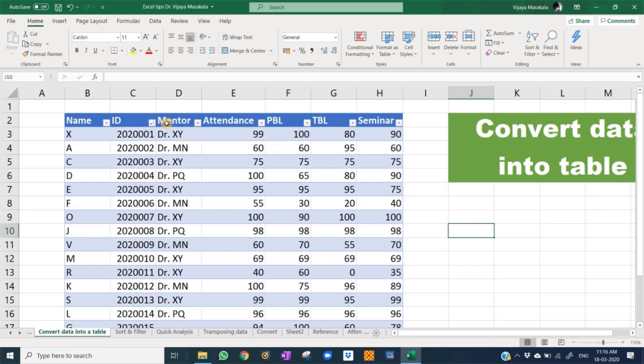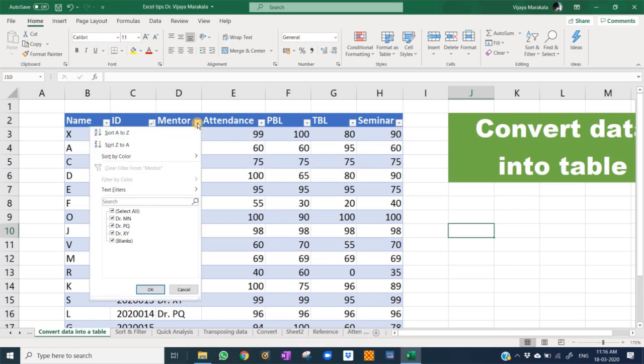Now we want to see the number of students for a particular mentor and their performance. I will select a drop down menu under mentor here and uncheck Select All, and I want to see the students' performance for Dr. MN. Just check Dr. MN, click OK.